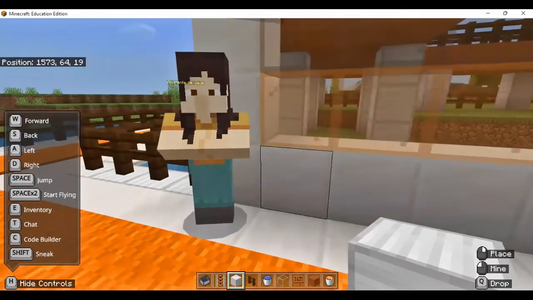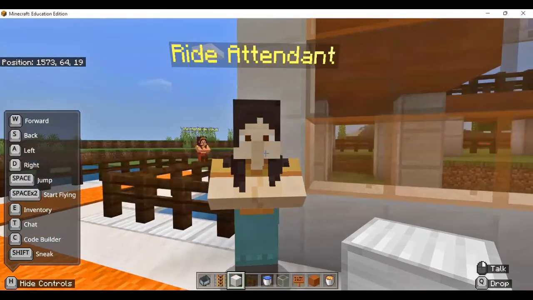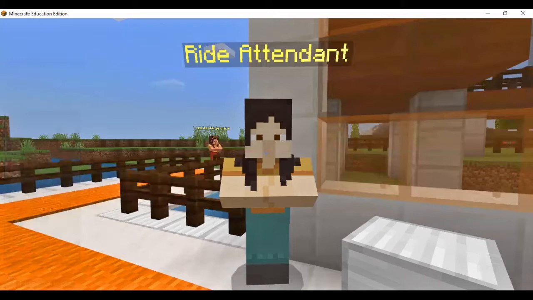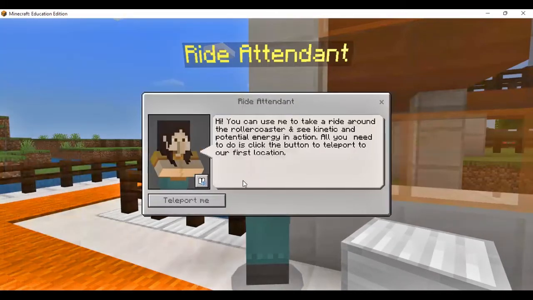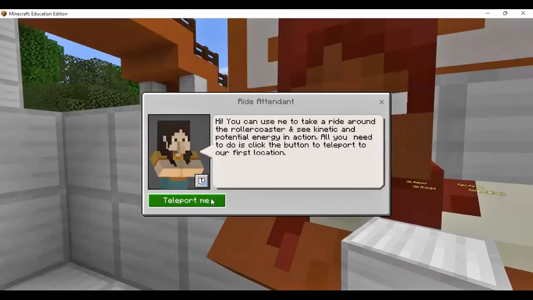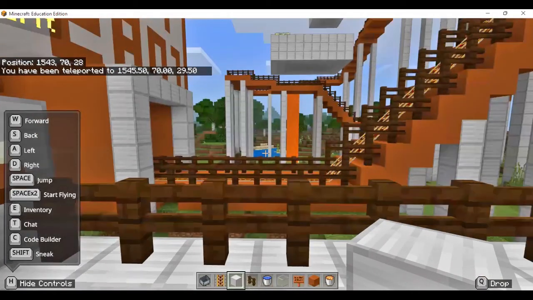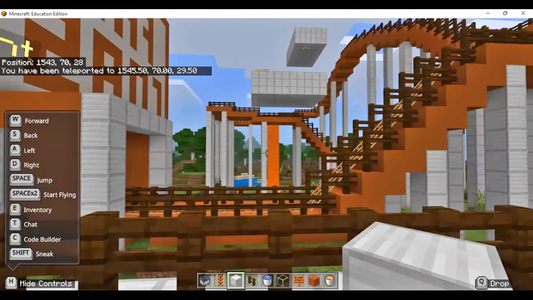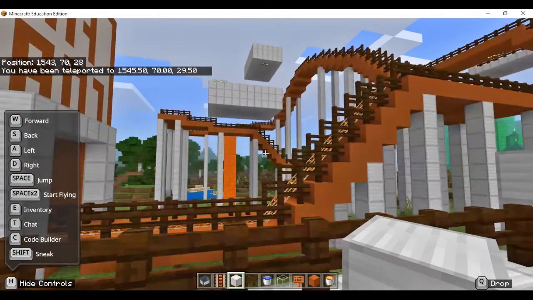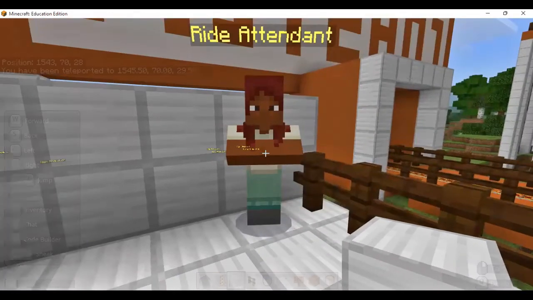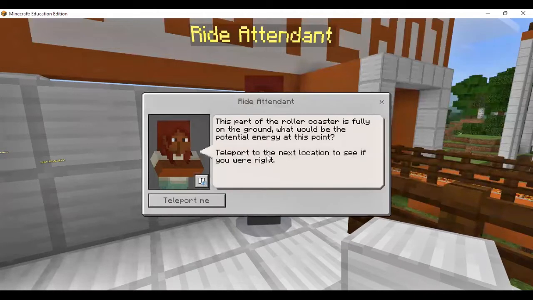Okay, so then once we get to this teleport AI bot, we'd click on them, and that would teleport us to our first platform. So at this point, students would be able to observe the first part of the roller coaster, just kind of get an idea of what they're looking at. And then after spending time on this platform, they could read this question, which is,